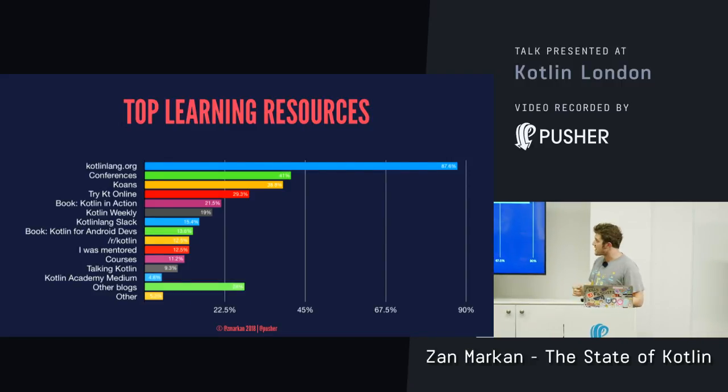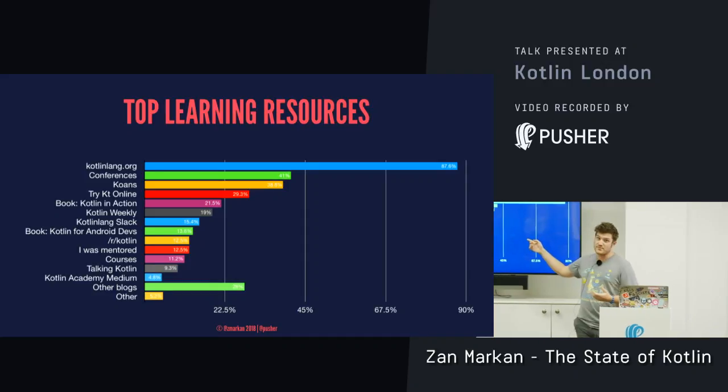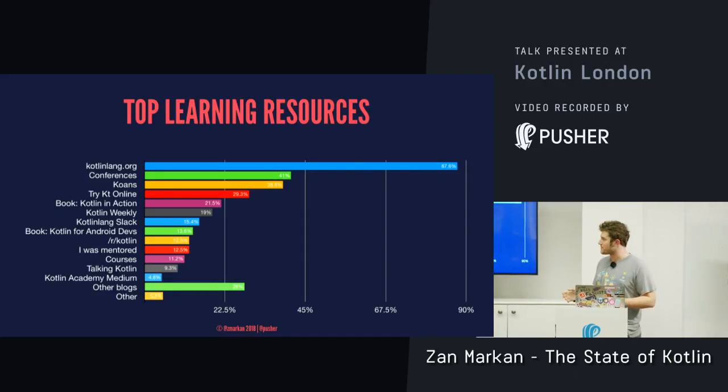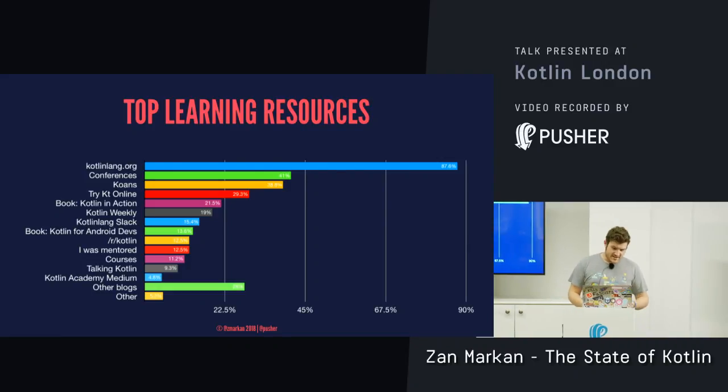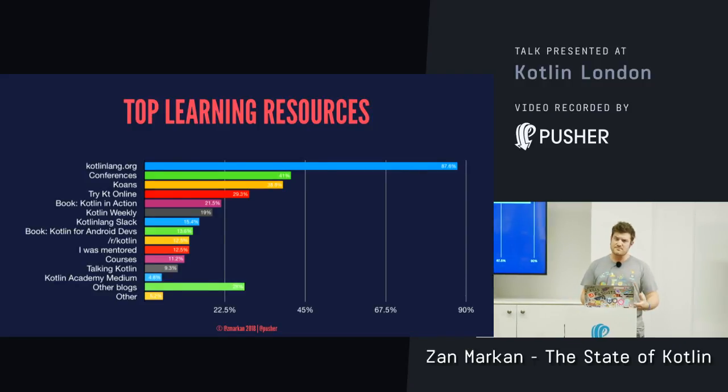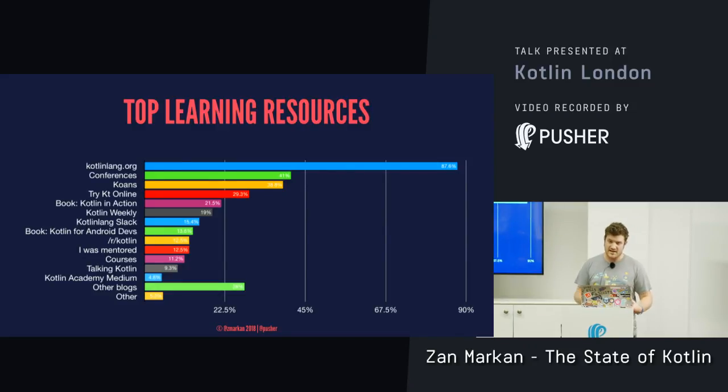community-supported projects are, I would say, Kotlin Weekly, which is a newsletter which Pusher has been sponsoring for the last couple of months. And the Kotlin for Android developers. It's a book by Antonio Leiva. It's been around for a while. He published it on LeanPub, I think, at first, and then it's been quite popular. And then, yeah, different blogs, different courses.